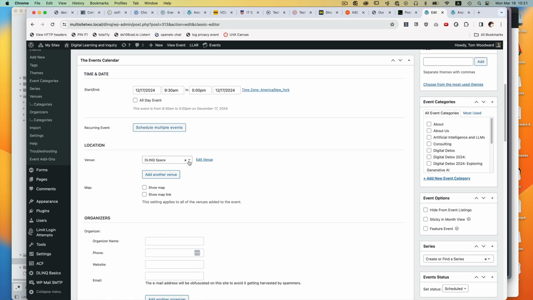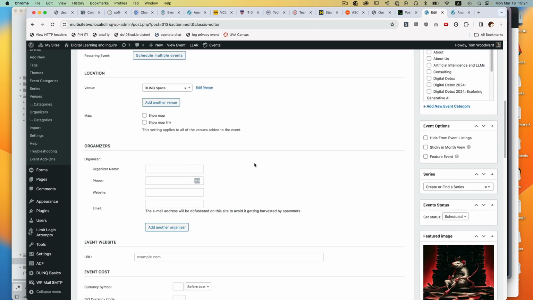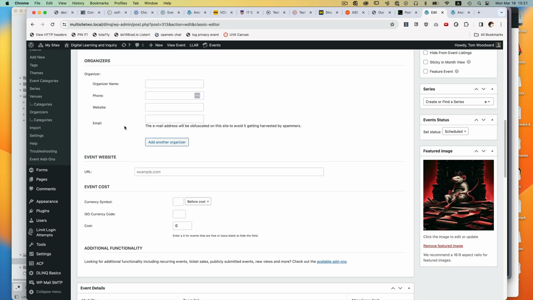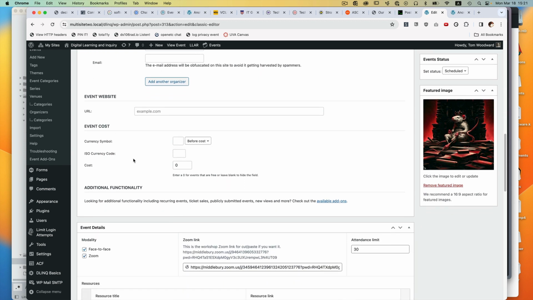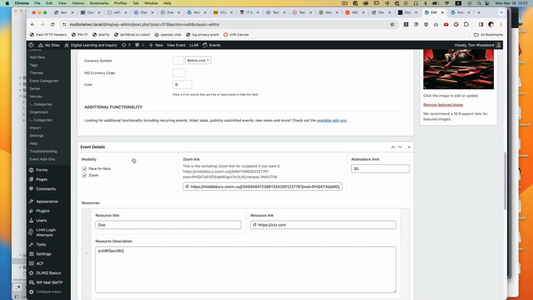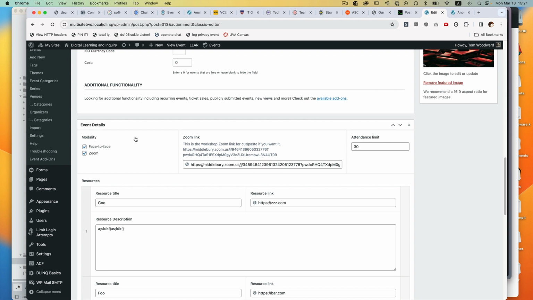You can create venues and you choose drop downs for physical locations. We don't use much for organizers or event website and cost, right? But we do have a need for these things pretty regularly, which are event details that I added